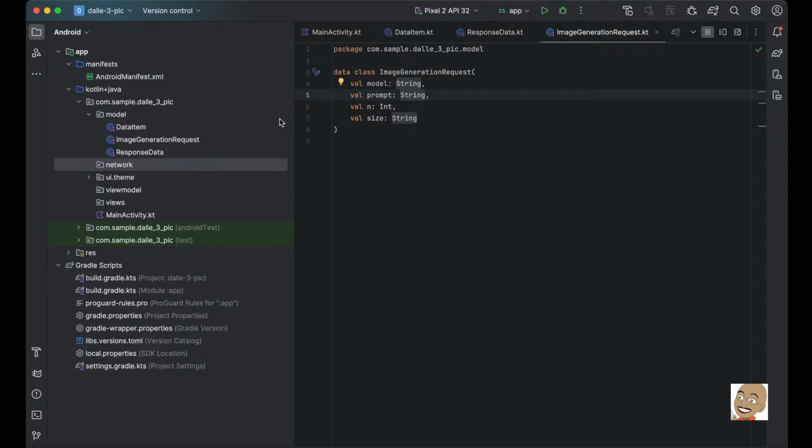So what we're going to do is right click on network, go to new, and then a Kotlin file, and then actually this is going to be an object, and I'm going to name mine AIIG retro